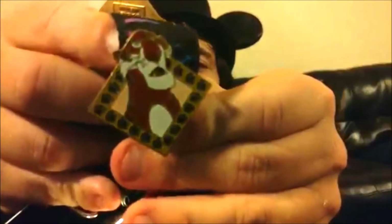Now on the other side of one, start with this one here. This one is from the Jungle Book. This is the villain, Shere Khan. Next,